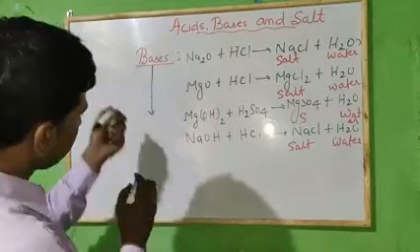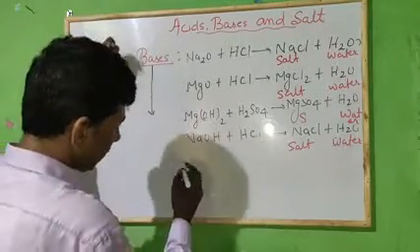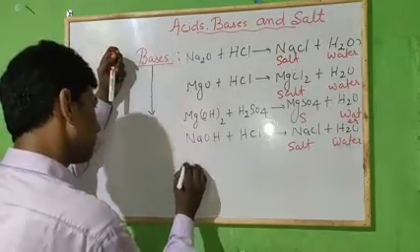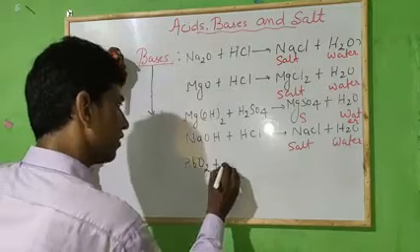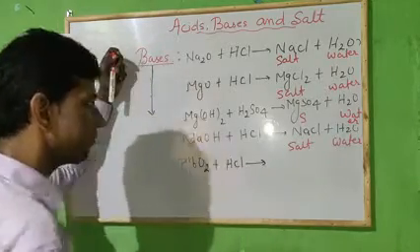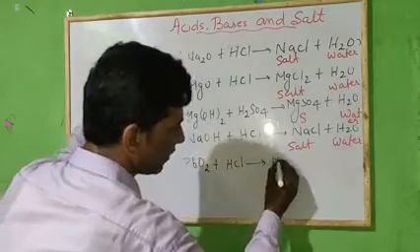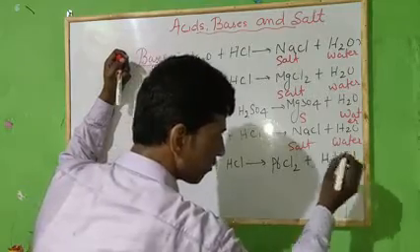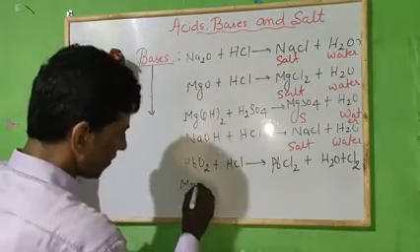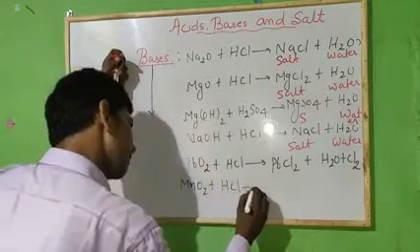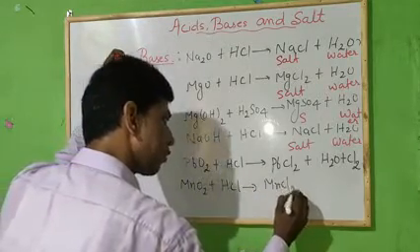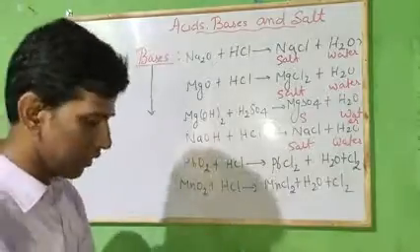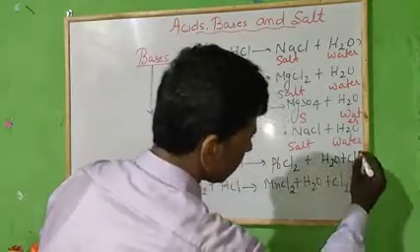One more example I am giving you to make it clear. Suppose I take one more example of a metallic oxide, like lead dioxide, when it reacts with hydrochloric acid, it will form lead chloride and water. Clear? But one more thing, there will be formation of chlorine gas. You take manganese dioxide, when it reacts with hydrochloric acid, there will be formation of manganese chloride, water, and chlorine gas will be released. You just see that here the chlorine gas is releasing out, here the chlorine gas is releasing out.